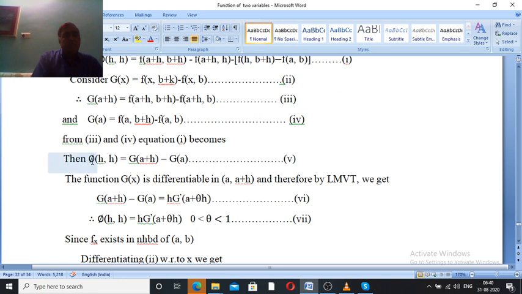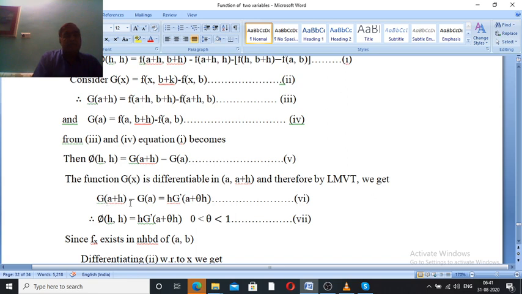the subtraction of these two elements, that is phi(h, h). Then phi(h, h) is equal to g(a+h) minus g(a). Suppose this is equation 5. The function g(x) is differentiable in the open interval (a, a+h), and therefore by Lagrange's mean value theorem we get